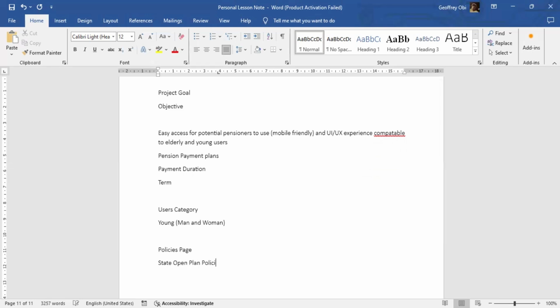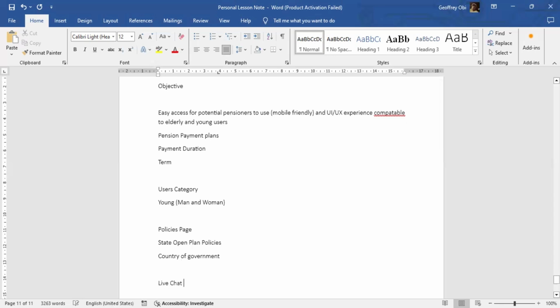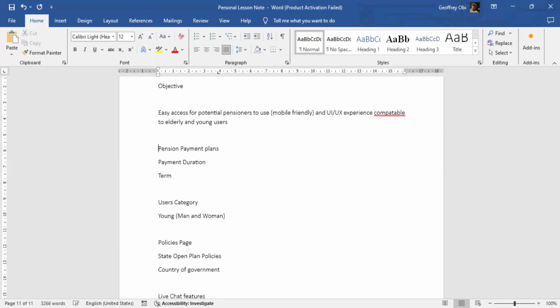And I would also like to include that it's very easy for them to find help, like maybe live chat and an accessible customer representative when they're having difficulties in setting up their plans and getting the option of pension plans to go for. I think